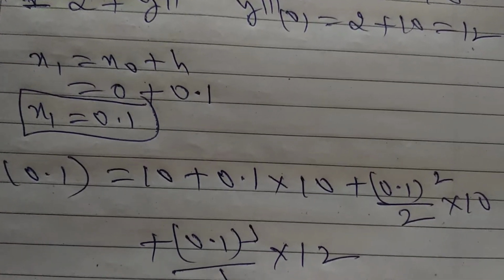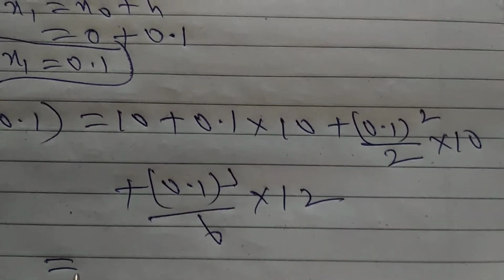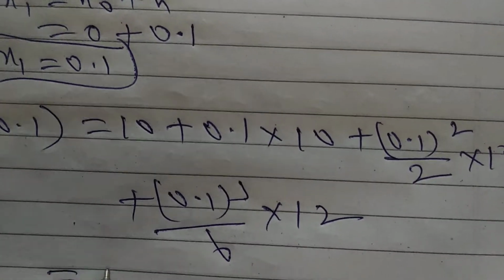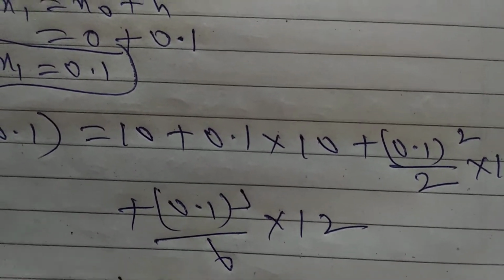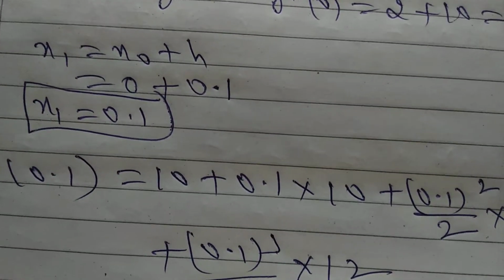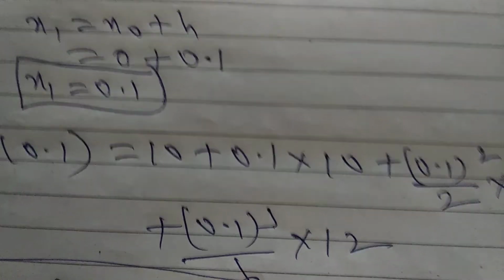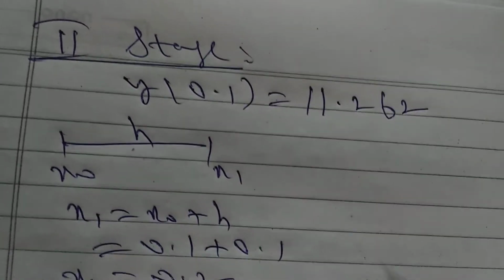So now we have to solve. We take the calculator and solve. We get the solution. So y of 0.1, that answer is 11.052. So we will get that, and the first stage answer is y of 0.1 is equal to 11.05. Now we have to go to the second stage. So in the first stage, what did we get as the answer? Y of 0.1 is equal to